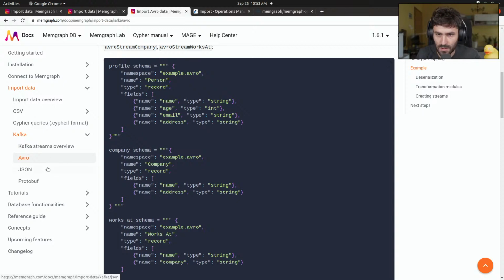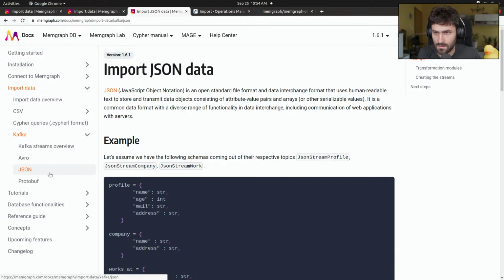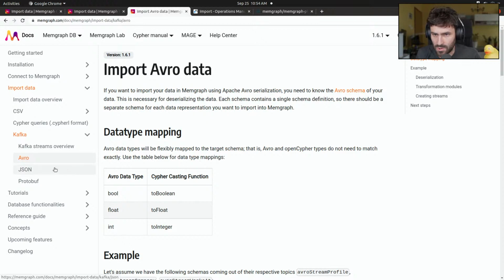So if you want to be less strict, that's probably better in the beginning because you don't know what you're doing. Then JSON is a better way to start. And Avro is probably a bit more advanced when you know exactly what's going to be what and what the schema is, and when you are a bit bigger, then you need a tool that will enforce the schema and keep track of all the changes and then report errors if something is not aligned to that schema or anything like that. All right, let's try